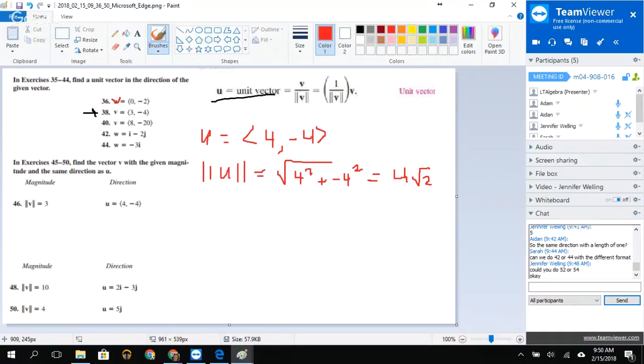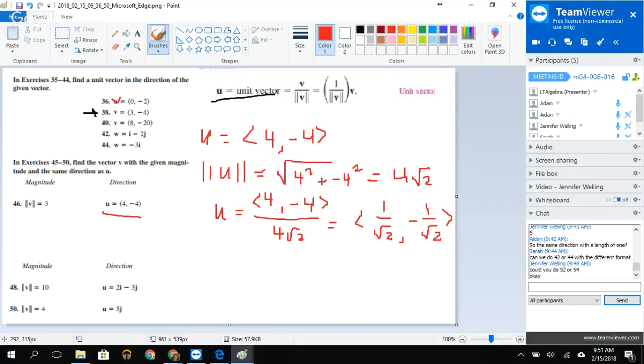Okay, so then if I want to find a unit vector for u, it's going to be 4, -4 over 4 square root of 2. And we're going to leave that square root in the bottom and kind of hope it drops out. So we end up with a unit vector of 1 over the square root of 2, -1 over the square root of 2. So this is the direction of u for 1 unit,